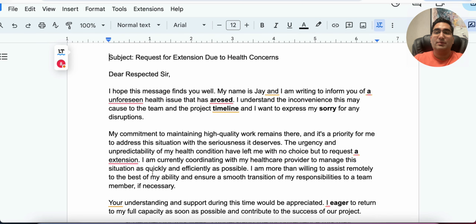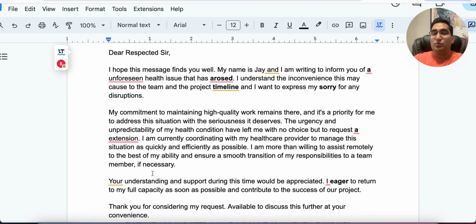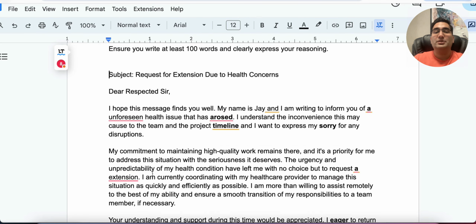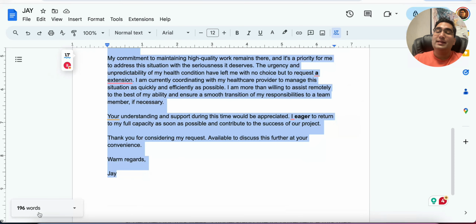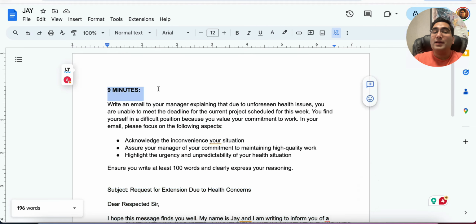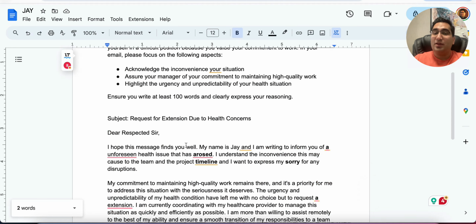This is the attempt from our student. This is a raw attempt and there's no corrections here, so I'll correct it here for you. The first thing is 196 words. Right away, you lose marks. Anything over 120, you will lose marks. So that's one thing. Secondly, why would you even do more? The more things you write, the more mistakes you will make. And look, you only have 9 minutes. It's not enough time to write all those words.